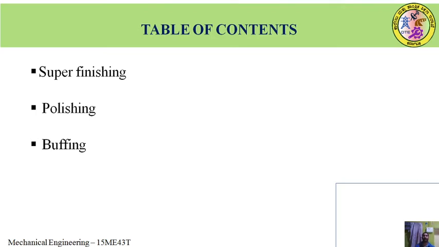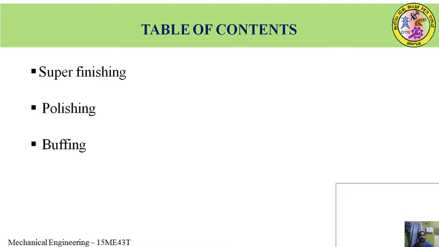In the last class we studied the super finishing processes such as lapping and honing. The super finishing process removes a very small amount of the workpiece in order to give a good surface finish and good look. Normal machining processes such as turning and milling will not give an accurate surface finish. If an engineering application requires a good surface finish, such as a surface table or a bearing and shaft assembly, then it requires this process.